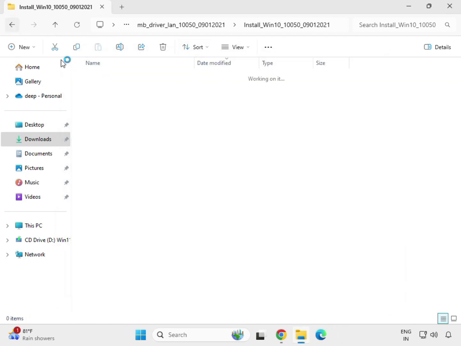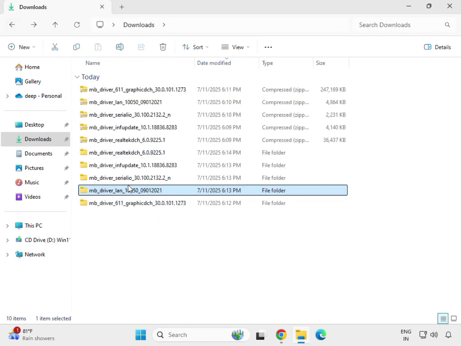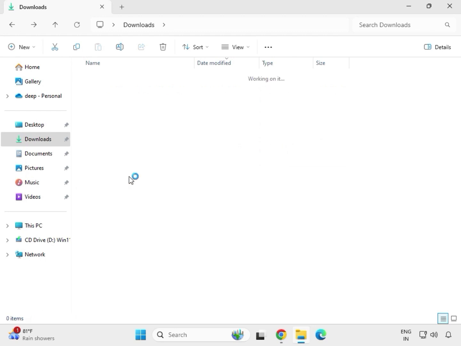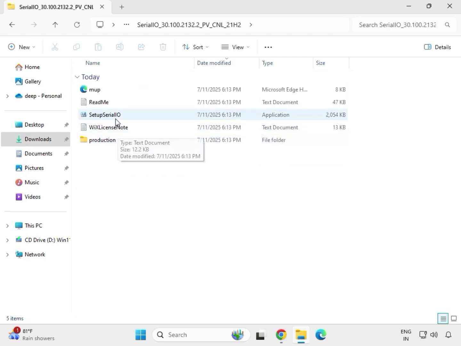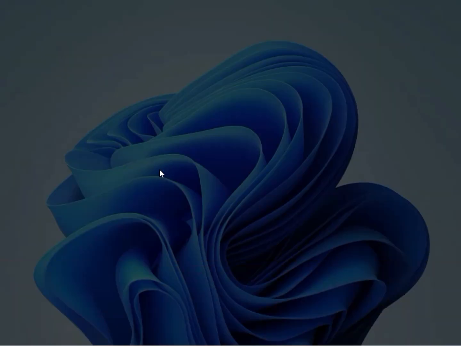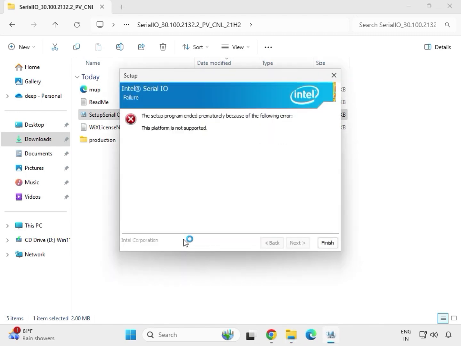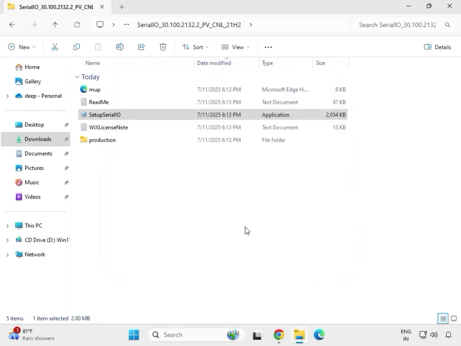Then back, then serial, means chipset driver. So find the setup, just right click to run as administrator, then click on yes. Then finish, next to install. Okay,